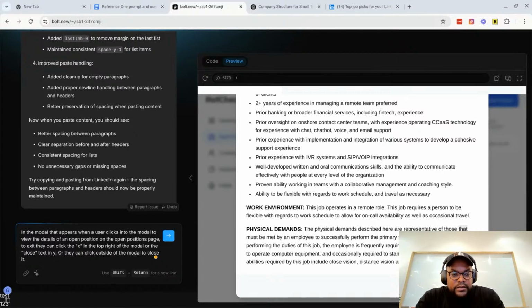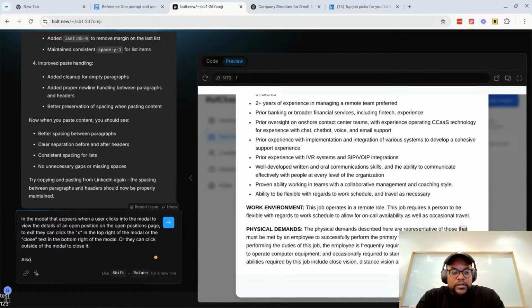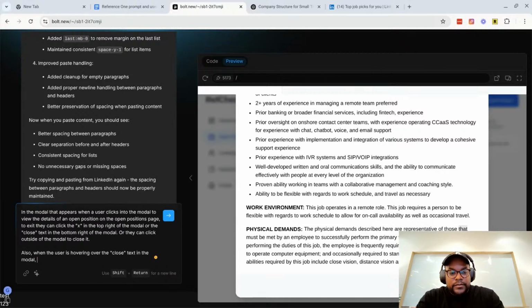The modal. Also, when the user is hovering over the close modal, indicate a